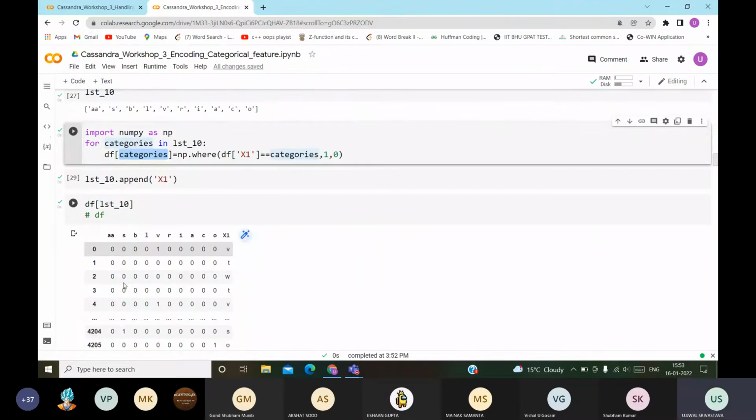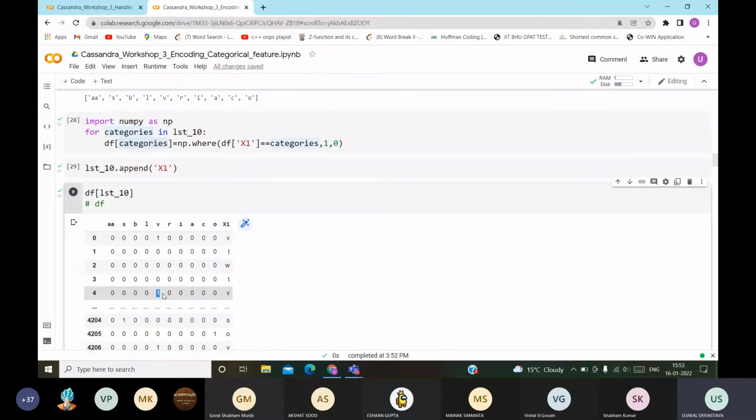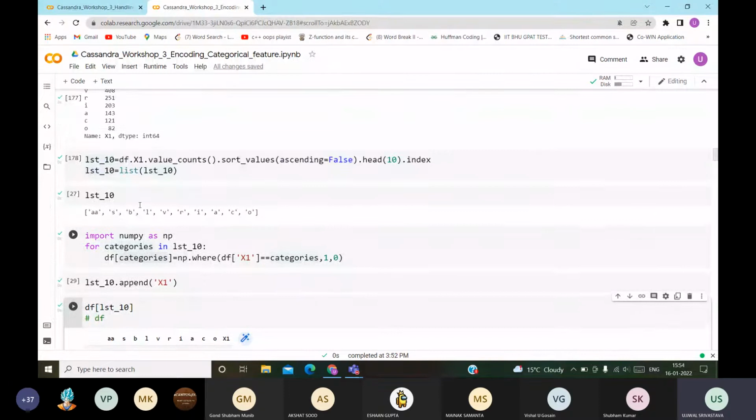Let us say here v comes, v is present in df x1. So here we have put 1 values, and here we have put 0 values. So when there is a v value, we'll put 1 in front of it, and the rest we'll put 0. Basically we are taking only the top 10 values. This is another huge advantage, as you do not have to take all the 27 values.